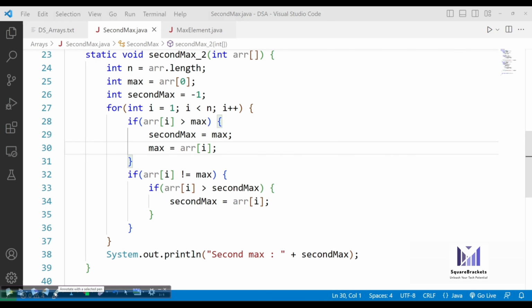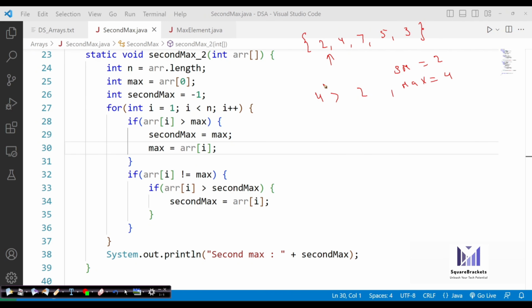And let me explain it once. So suppose you have this array like this. Okay, so we have this particular array available. Now we'll start with max containing 2, second max containing -1. So we check if array of I is greater than max. So 4 is greater than 2. Yes. So the max becomes 4. But before updating max, we update the second max variable, which stores the 2.